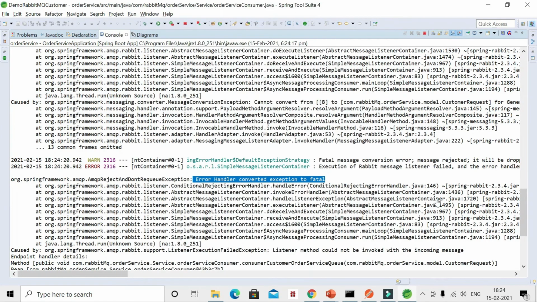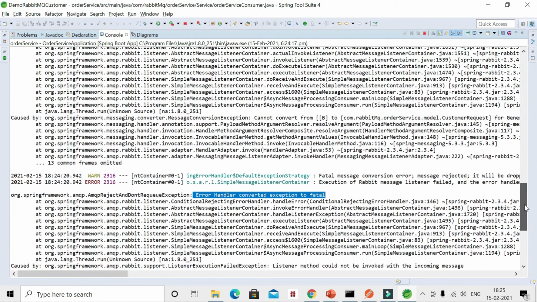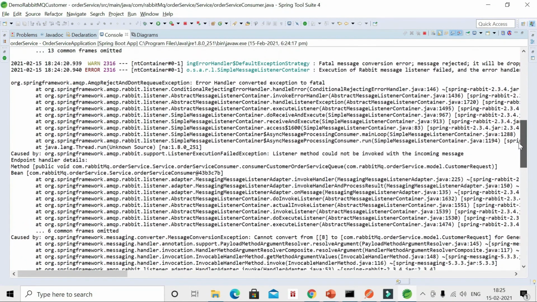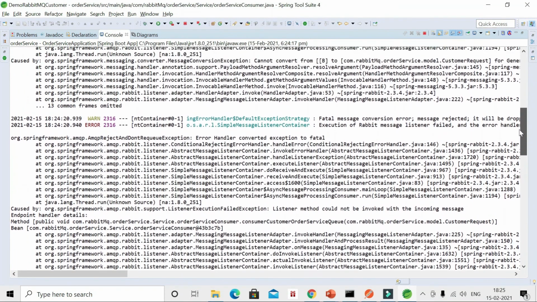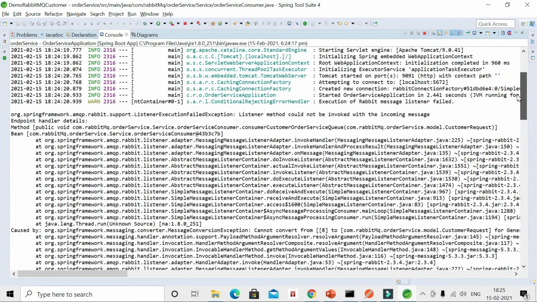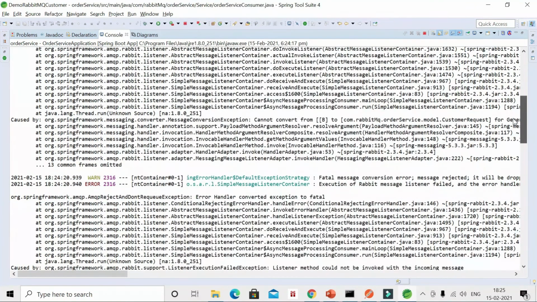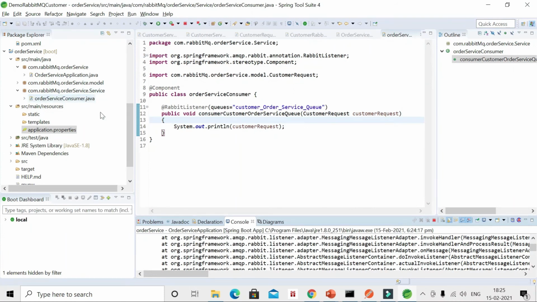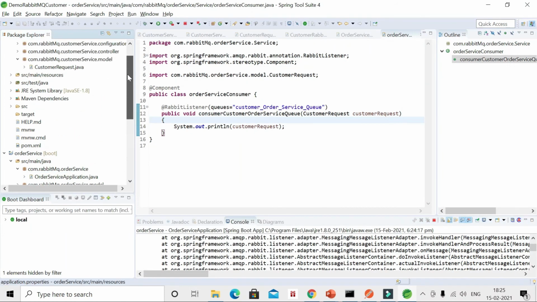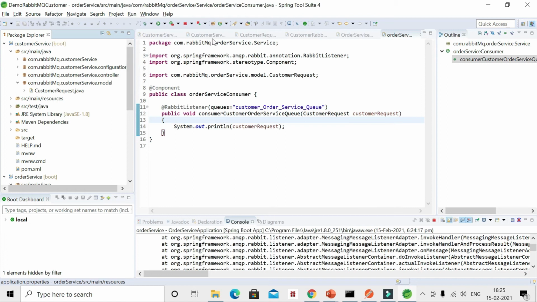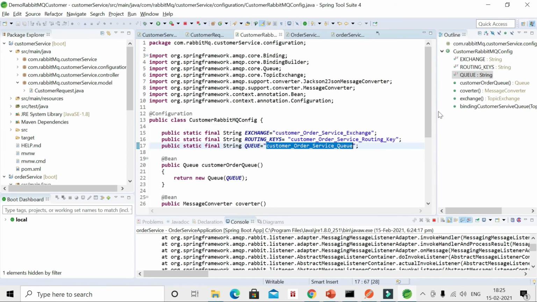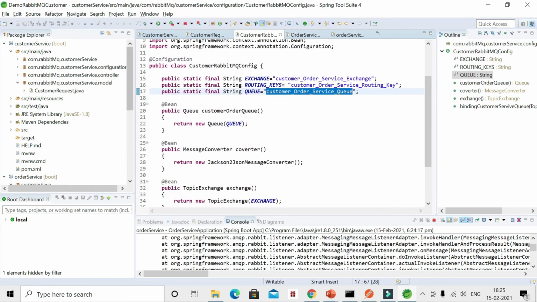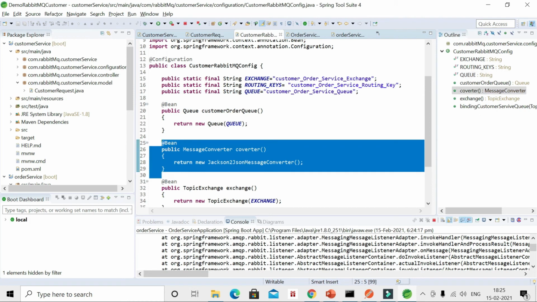We are not getting the result because we have a problem with our application, that it's not able to convert to JSON. To convert to JSON, we can use this convert method again.